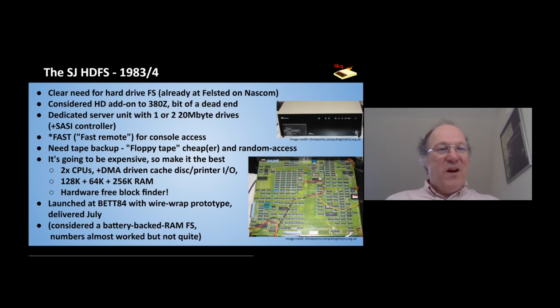So in terms of the design, having decided it was going to have hard drives that were expensive, it was going to have a tape that was expensive, the whole thing was obviously going to be very expensive. So we thought, if you're going to make a product that's expensive, make the best product, not something cut down. So we put everything into it. To be honest, we went over the top. If you read the Mythical Man Month, I think we suffered from second system syndrome, but